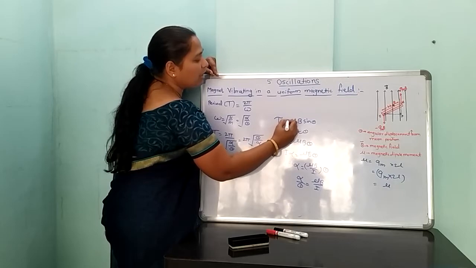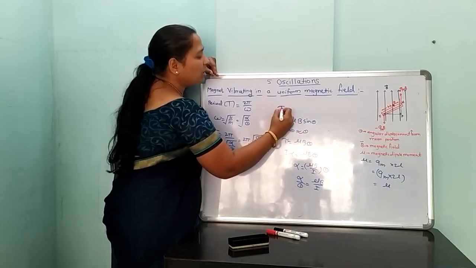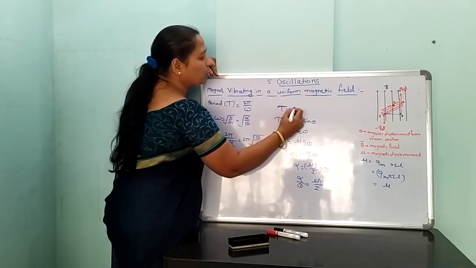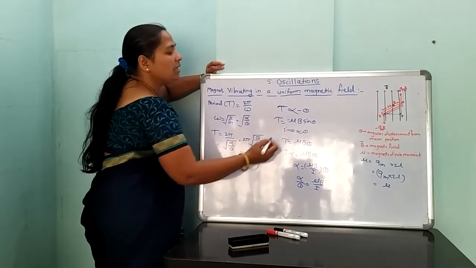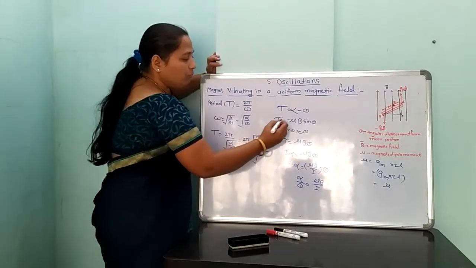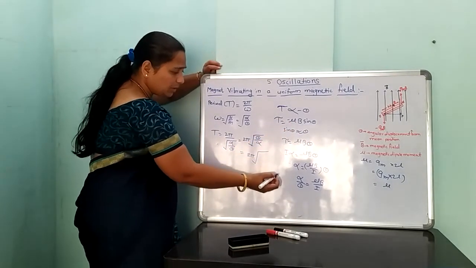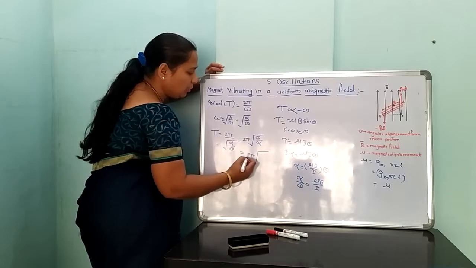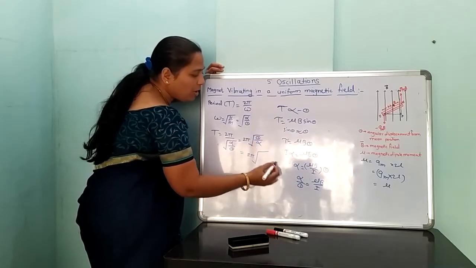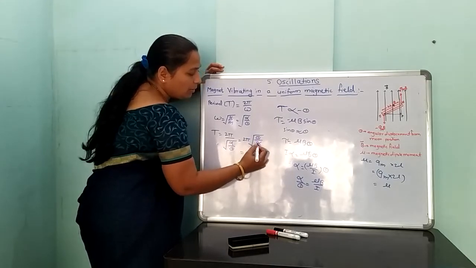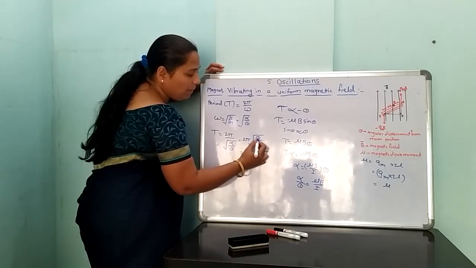torque exerted and angular displacement move in opposite directions. Torque is directly proportional to minus theta. Therefore, torque is equal to minus mu B sin theta. Hence, alpha upon theta is equal to mu B upon I. But theta upon alpha in that formula,